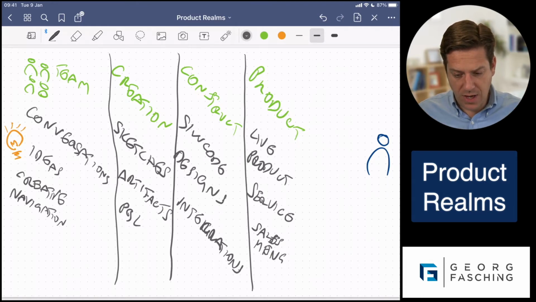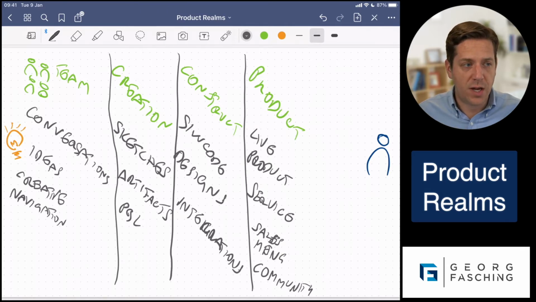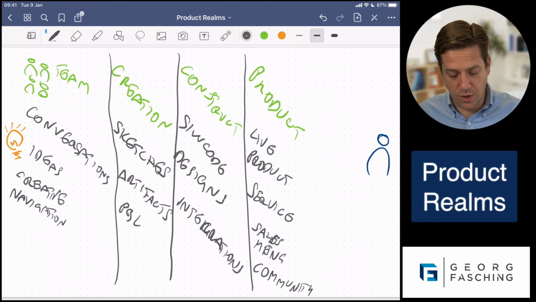One more thing on here which might be relevant for some products is the community of other customers around it. And there's a lot of power in being quite proactive and strategic about how you're leveraging community. If it's a great product, then usually a community will form around it, but you can actually be proactive about that also, and then work with different parts of the community. Some of them could be beta testers and user research panel participants and so on and so forth. So you can actually work quite closely with the customers in there.